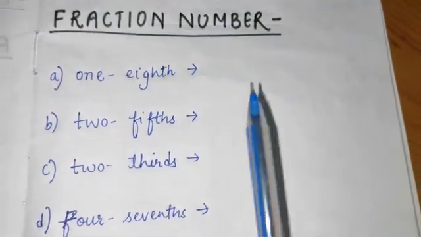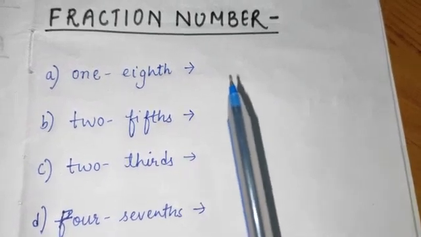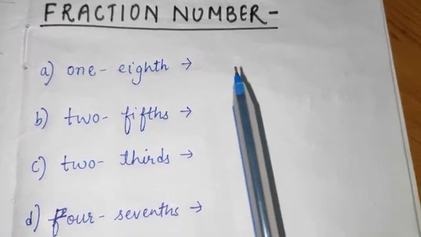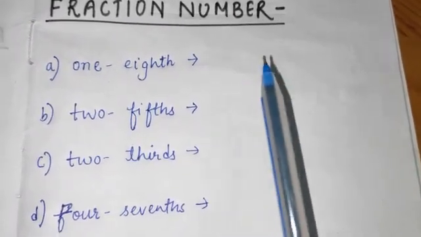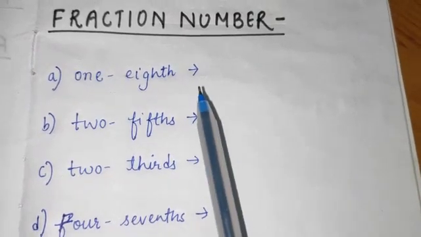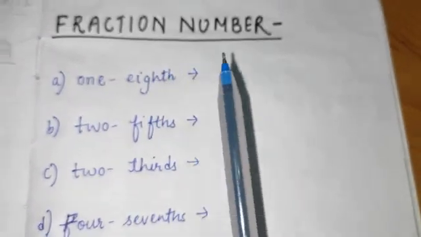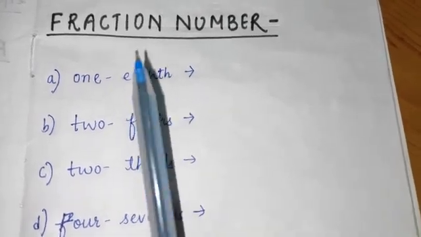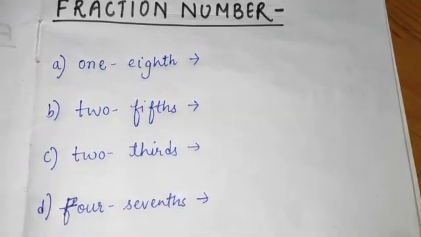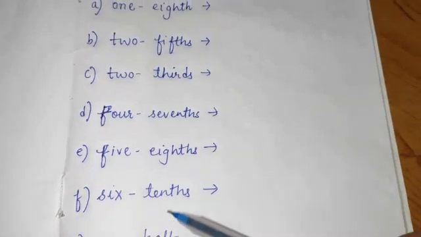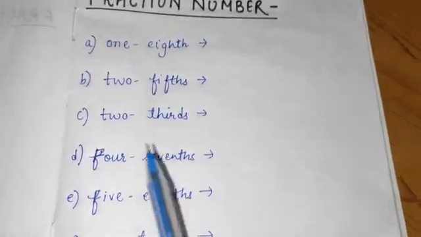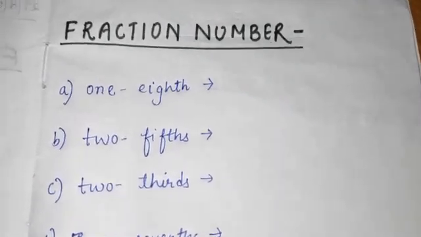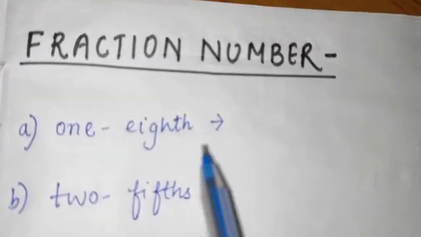Children, let us learn the vice versa. Vice versa means the thing exactly opposite to the thing or the topic mentioned or taught to you earlier. So earlier we studied how to write the fraction name of the given fraction. Here you will be learning how to write the fraction number from the given fraction names. As you can see, I have written some fraction names, and from these fraction names you have to write the fraction number. So let us take up one by one.